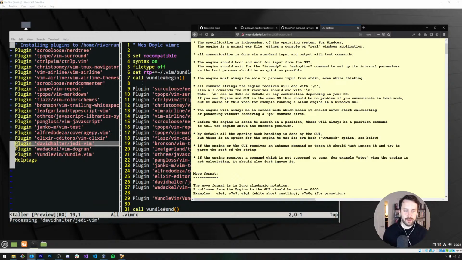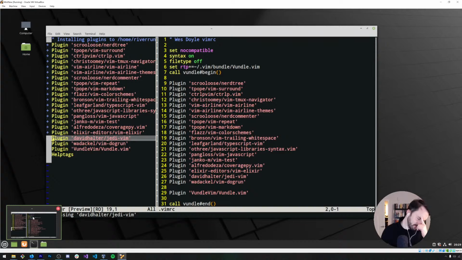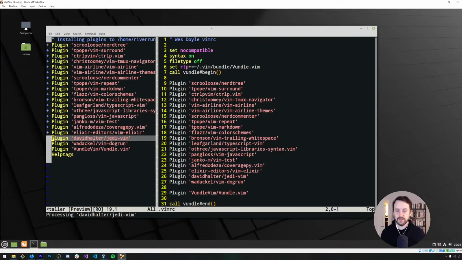So that's why we currently have two processes running, one to handle the input from the user and one to run the engine itself. The engine's just running in a loop, and standard in dumps the user input to a multiprocessing queue that is shared between those two processes.